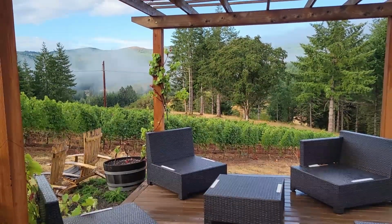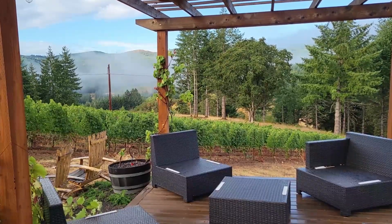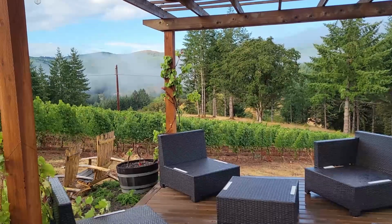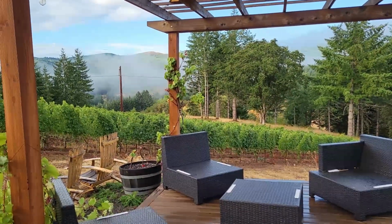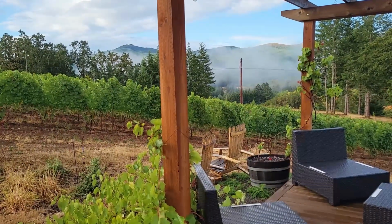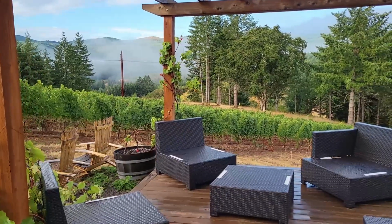Well, it's a beautiful start of another day of wine touring. We're still up here in the mountains at the Old Wagon Road Vineyard, and I do mean mountains, as you can see. The fog is lifting out of the valleys. The electronic bird calls have already started,